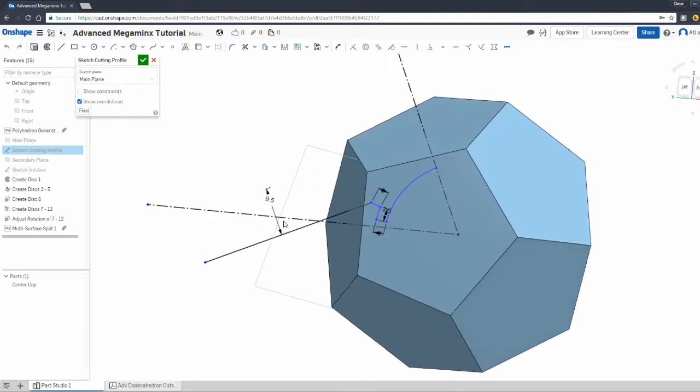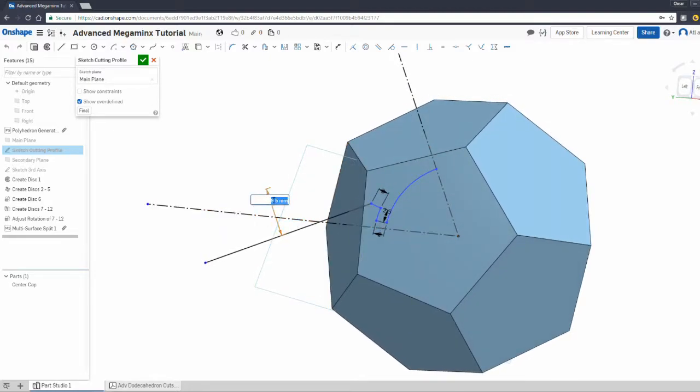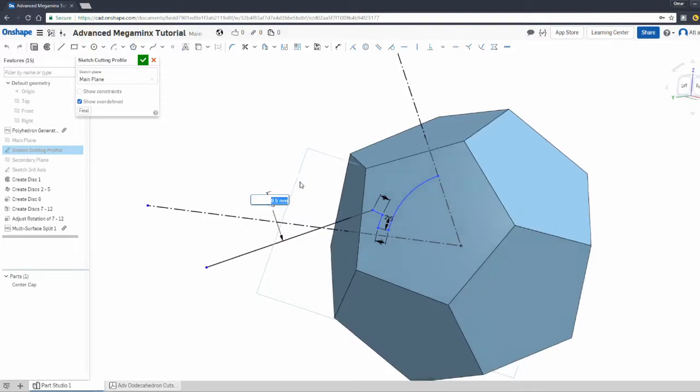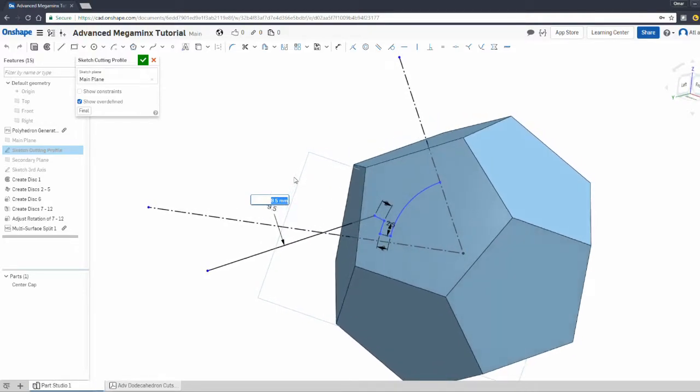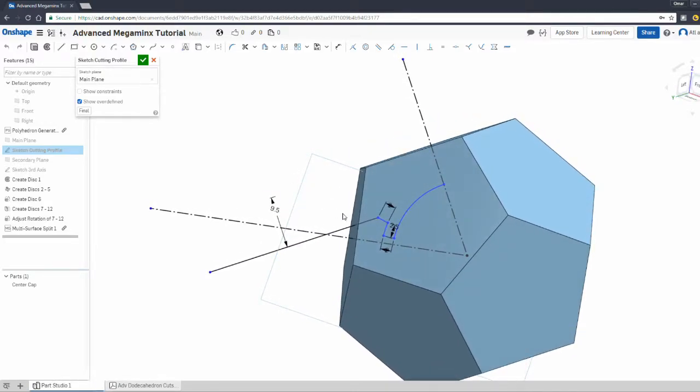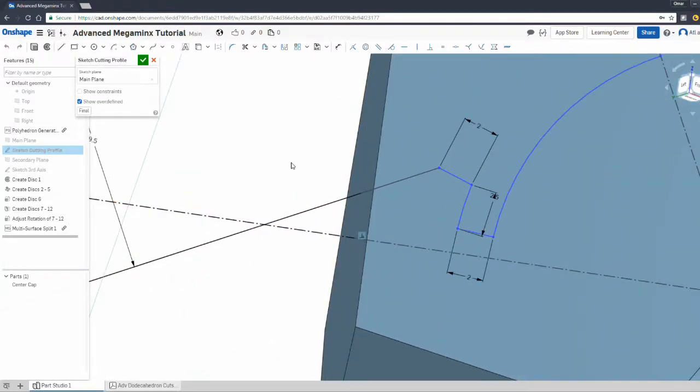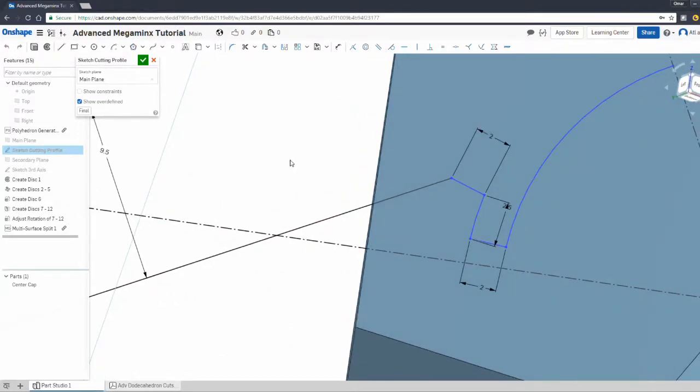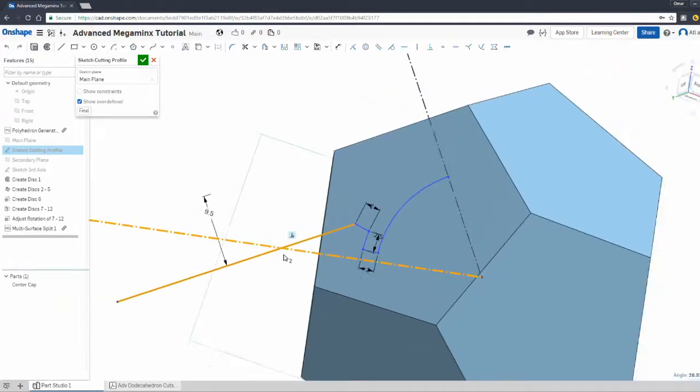Okay, let's take a look again. So 9.5, you notice the reason why my faces got smaller at 9.5 and why they continue to get smaller is because of the point in which the cutting profile, or the brim of the cutting profile, and this axis intersect. When I say this axis, I'm referring to this colored axis here, not the axis of rotation, it's the adjacent axis over here. The point in which the two intersect,